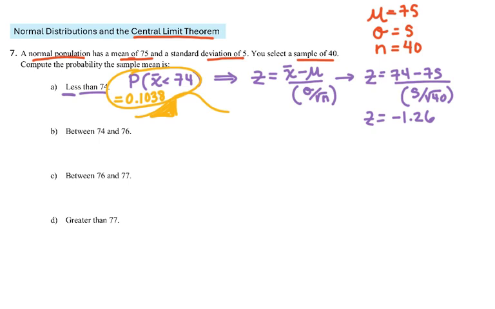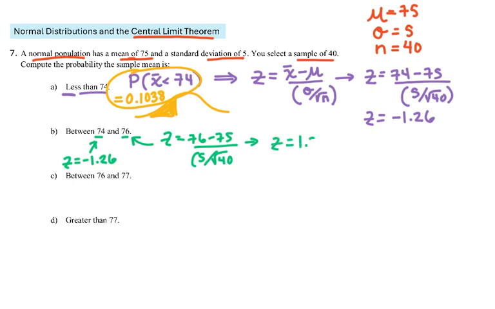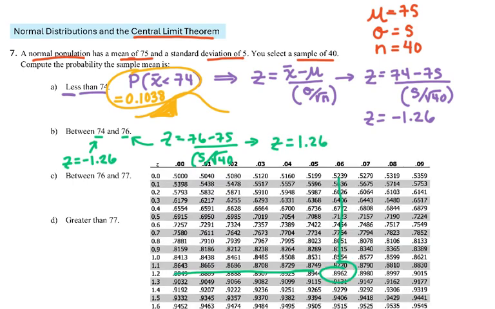Okay, now we're trying to find the probability between 74 and 76. We already know that the z value here is negative 1.26, and we have to find the z value at 76, so it's going to be 76 minus 75 divided by 5 over the square root of 40, and we get positive 1.26, which when we look on the z-table, you can see it correlates with